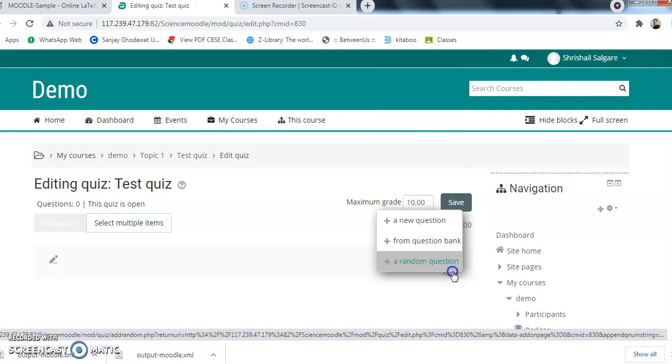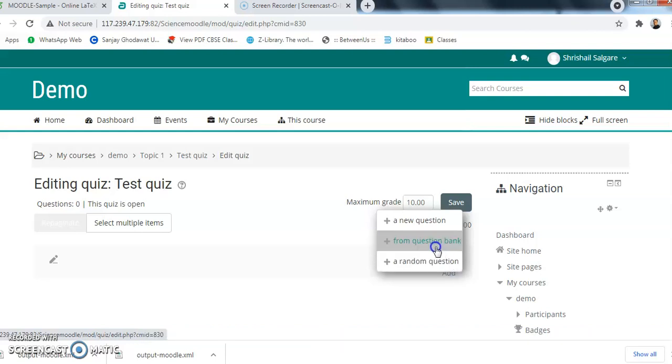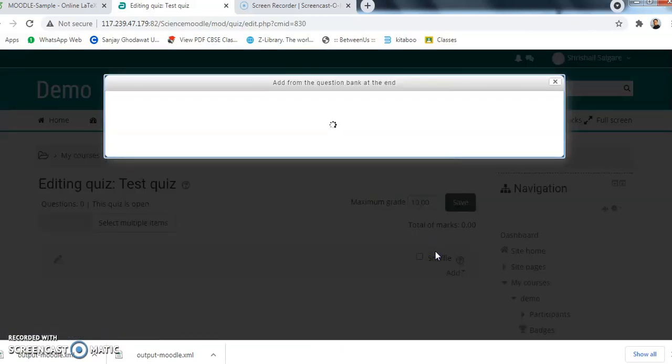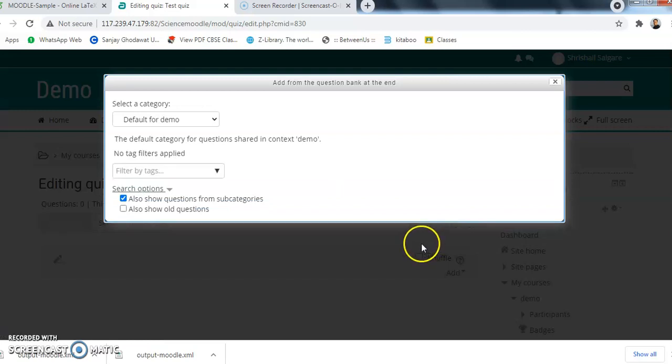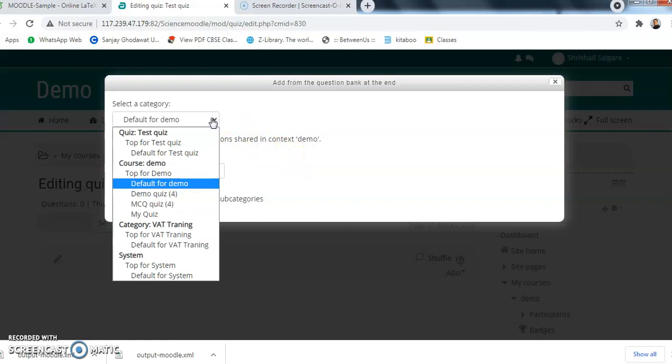Suppose you are creating new questions, go to the new question, but we are importing the questions from question bank. That's why I will click on question bank. After that select a category, whatever name you have created, with that name you have to select. So demo quiz we have created,